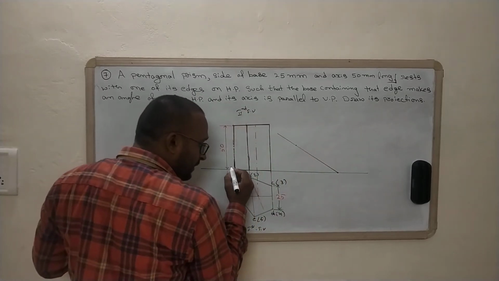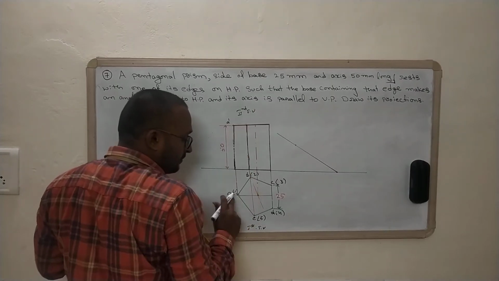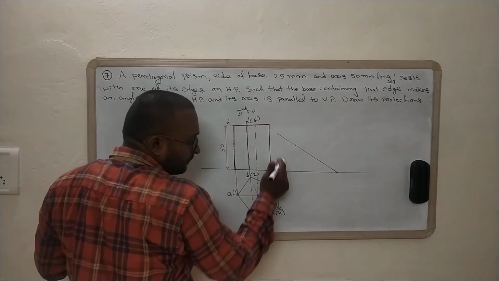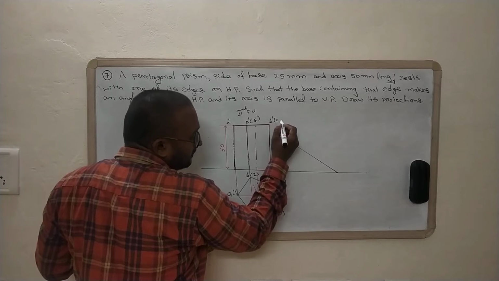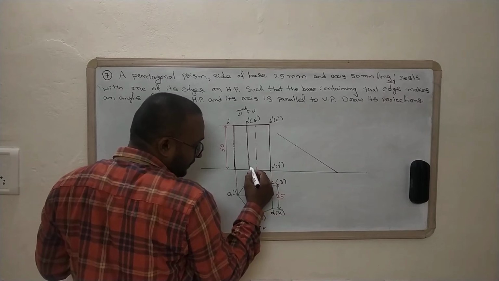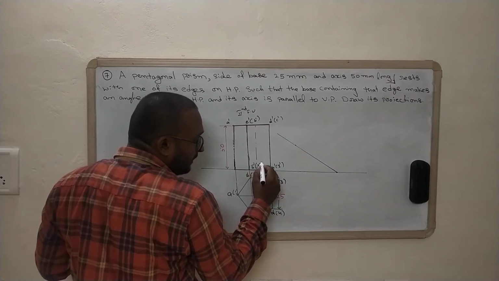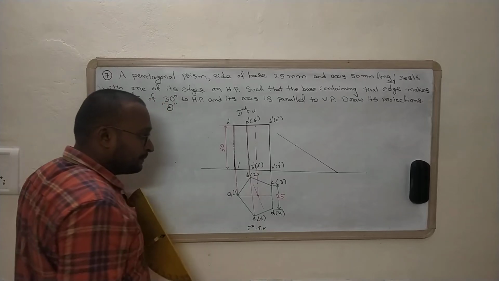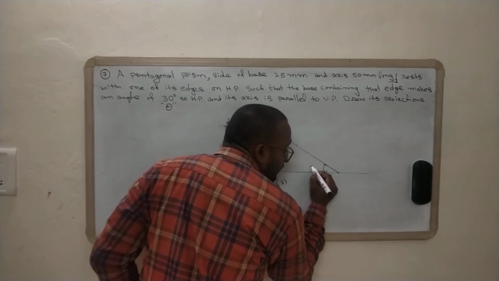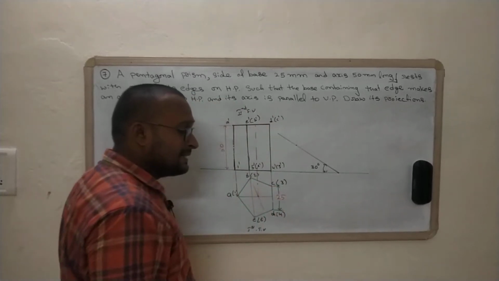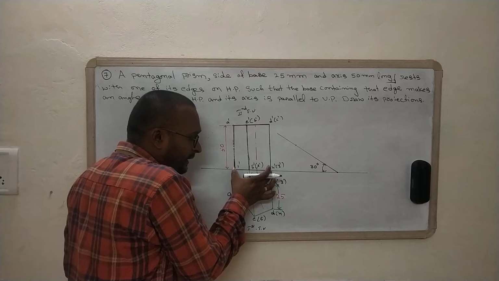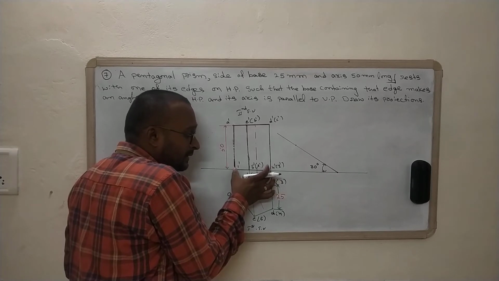So here we will have a dash, then E dash, B dash, D dash, C dash, and then 4 dash, 3 dash, 5 dash, 2 dash, 1 dash. In a similar way, here this is the 30 degrees inclination with HP, the base edge at 30 degrees inclination, and then we need to measure the particular dimensions, right?